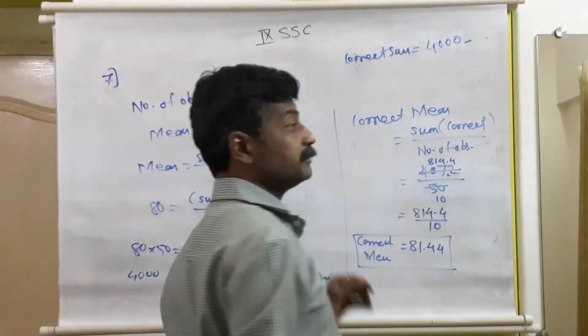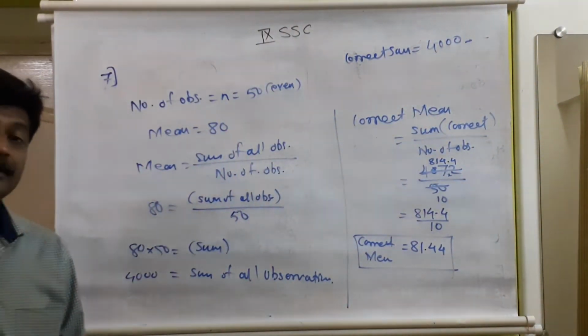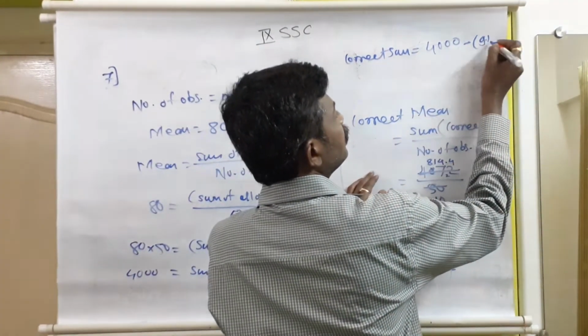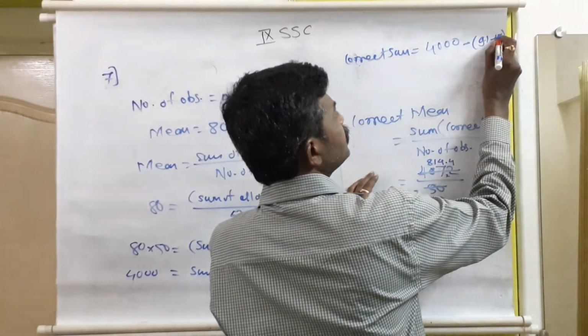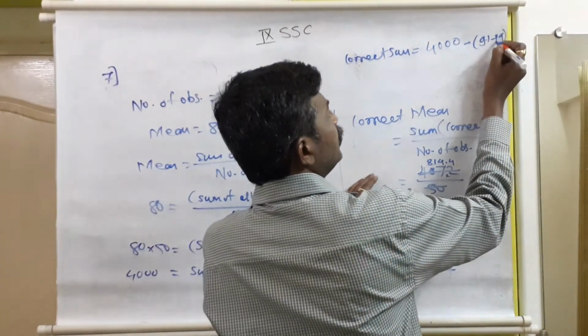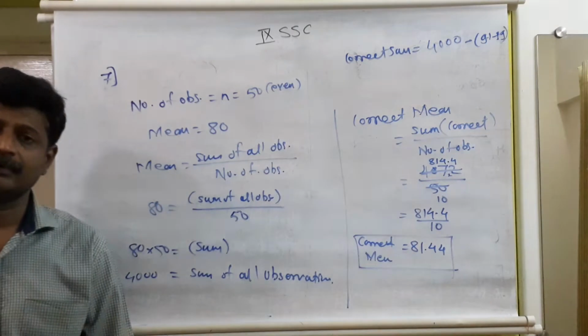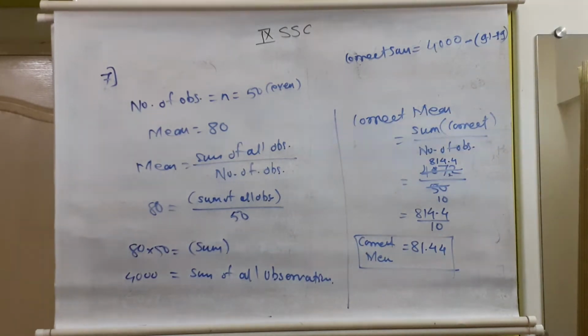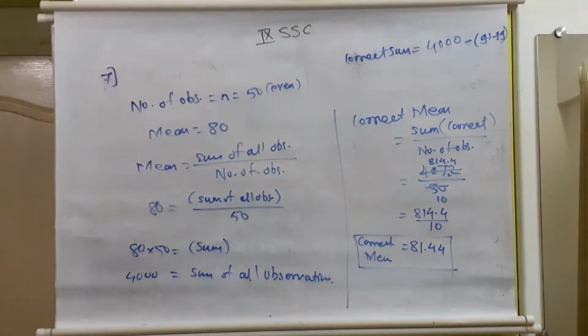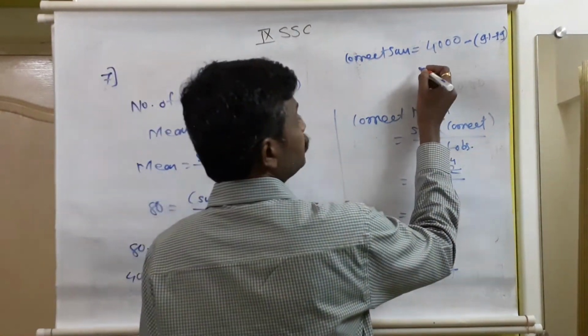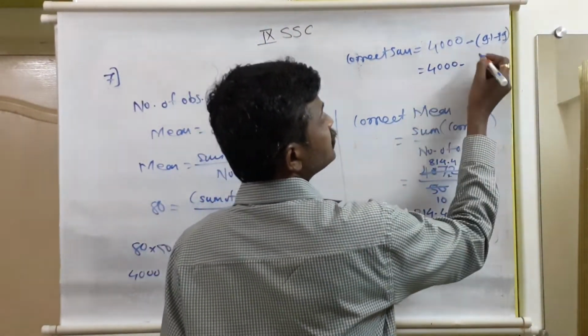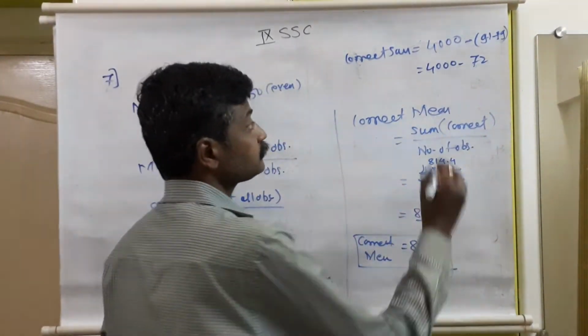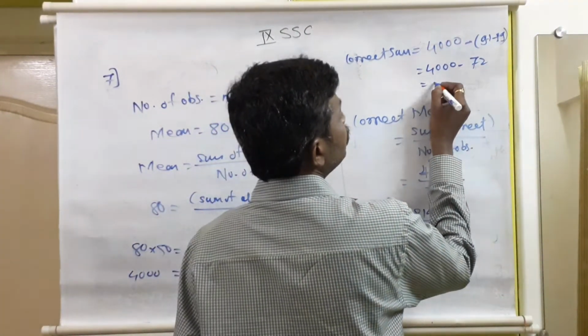4000 is the wrong sum, minus additional how much is counted? The difference between 91 and 19. This is additionally counted. This difference between these both should be subtracted from the wrong sum. Wrong sum is 4000. From that, how much additional quantity is considered which is supposed to be wrong? 19 is the correct observation, 91 is the wrong observation. So difference between them, 91 minus 19, is added here. That should be subtracted. So 4000 minus the difference between these both, which is 72. So if we subtract this, it will be